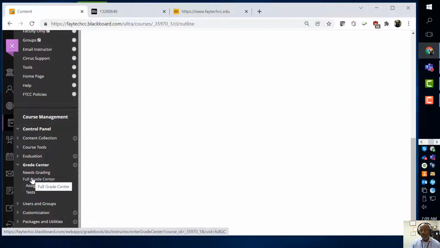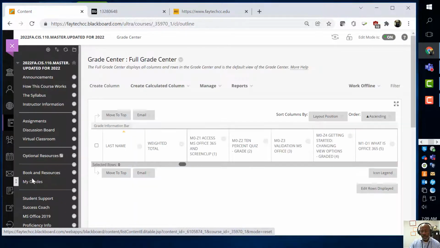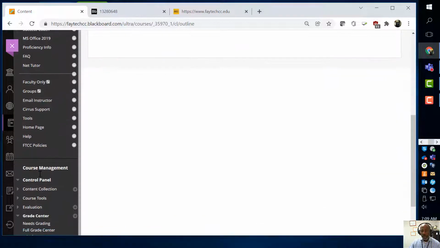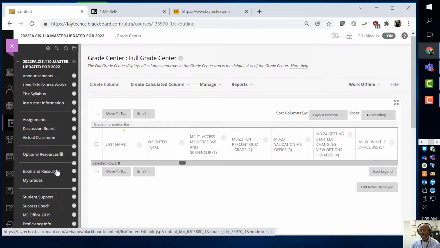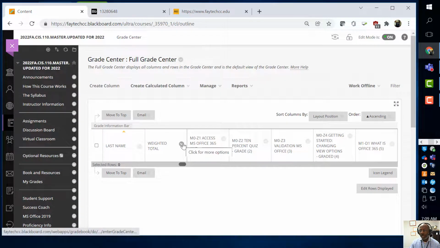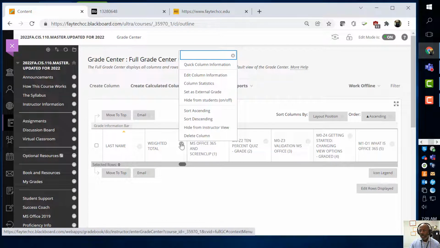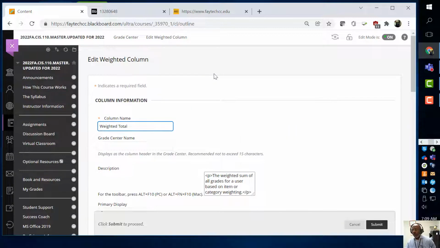So the first thing we're going to do is go to the grade book. Go to your grade book. Go to Full Grade Center. Okay, you're there, and we're going to edit this weighted total. So we're going to go to weighted total. We're going to go to edit column information. Now, before